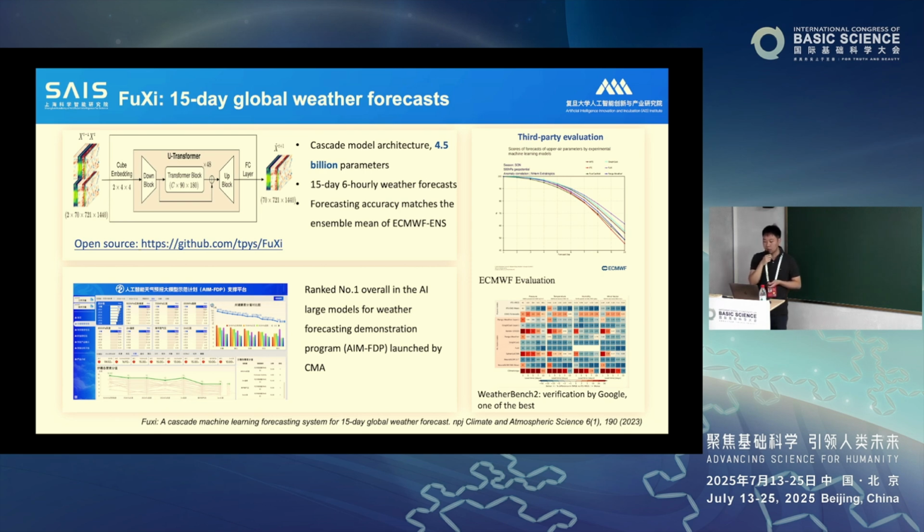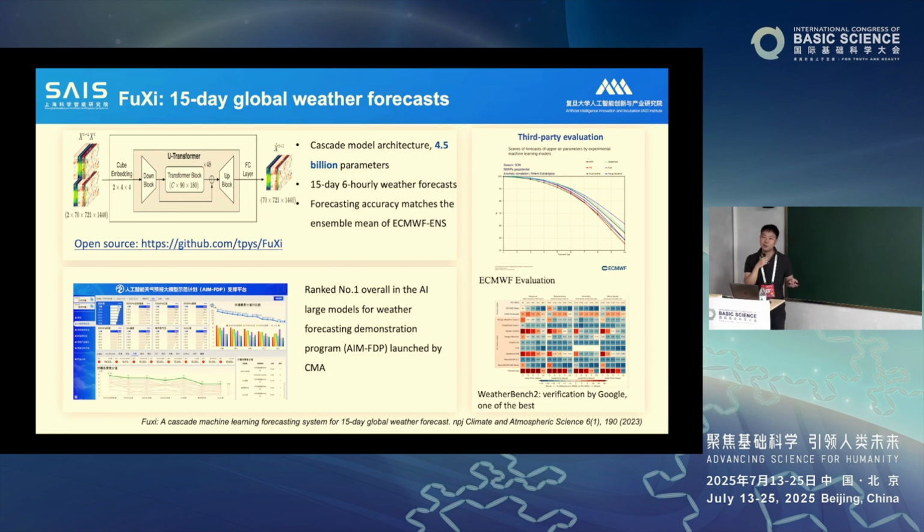And also, to test how those models work operationally, the CMA, the China Meteorological Administration, launched this competition called the AI Large Models for Weather Forecasting Demonstration Program. In short, AIMFDP. We also participated in this competition. They wanted, so instead of